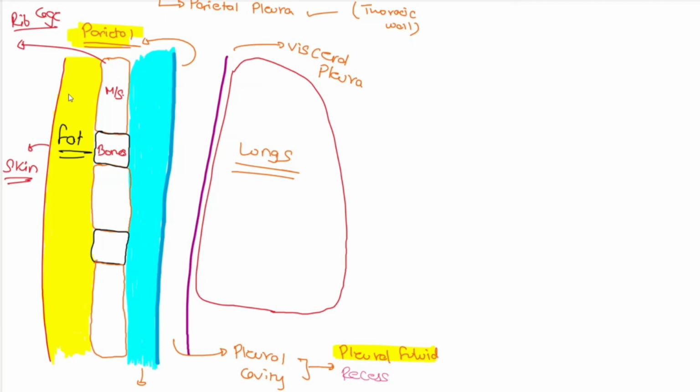So this is the general arrangement of the lungs. Then we have the visceral pleura, then we have the parietal pleura. In between the parietal pleura and the visceral pleura we have the pleural cavity. The pleural cavity comprises the pleural fluid, which is responsible for increasing the lubrication to prevent friction between the visceral and the parietal pleura. And then upon it we have the endothoracic fascia, and above it we have the rib cage, and further we have the fatty layer, and further we have the skin.